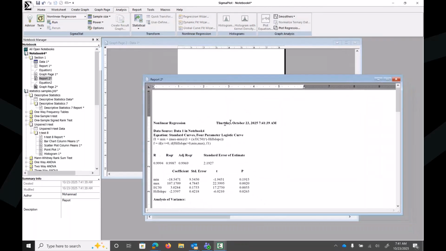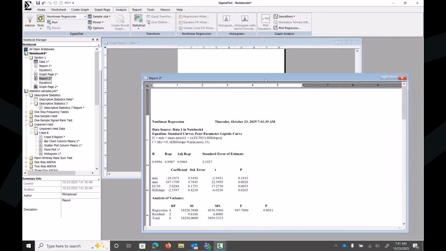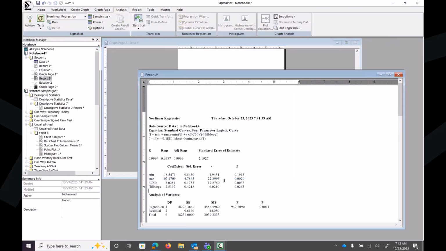So this is the report generated over here. You can see we use the same data for this equation. It produced the min-max, EC50, hill slope, and it fitted very nicely. The blue area is the 95% confidence band, and the red area is the 95% prediction band. So exactly using the same data,